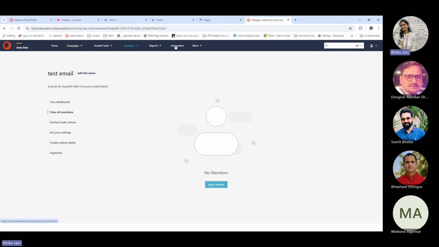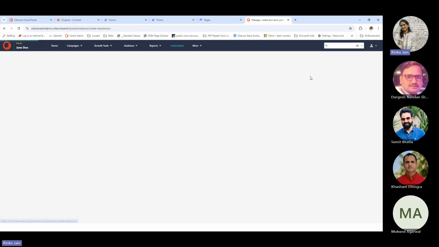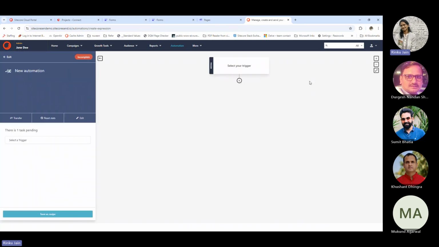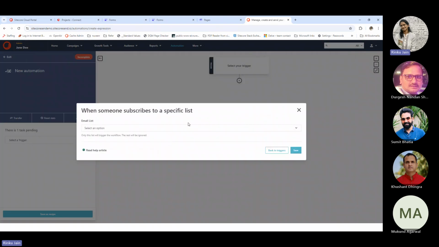And now the next part is the automation, because actually automation is the thing that is going to finally execute our action. So here, for example, either we can choose automation from a recipe or we can create a custom automation. So here first we need to choose the trigger and then the action. So what is the triggering point of it? So let's say if somebody is subscribing to my email list, then I want to do some action. So I have chosen this. When somebody subscribes to this specific email list, let's say airport pickup, then what I want to do,